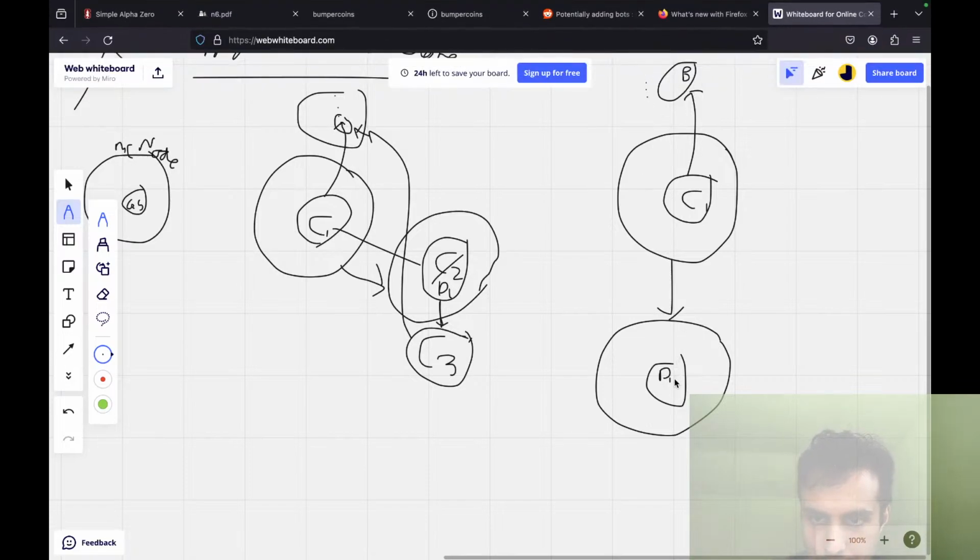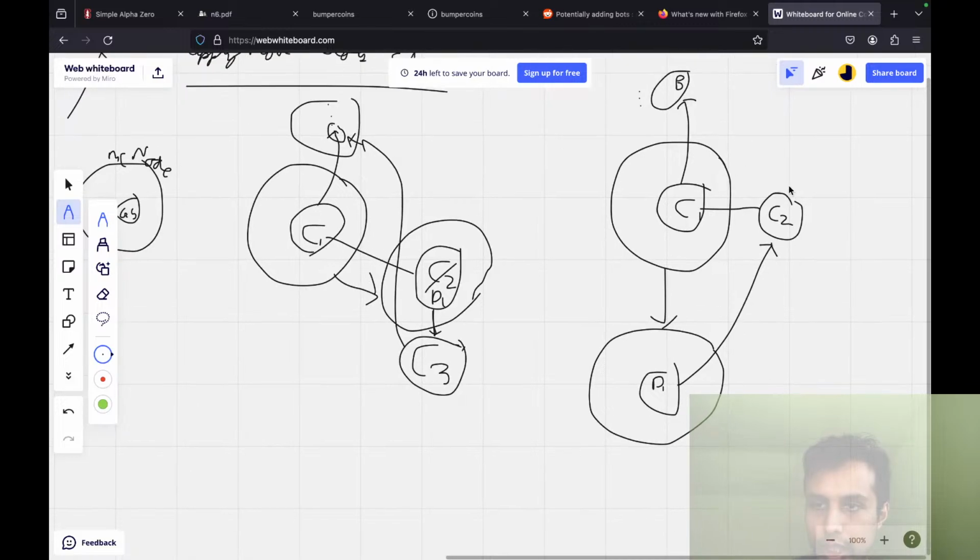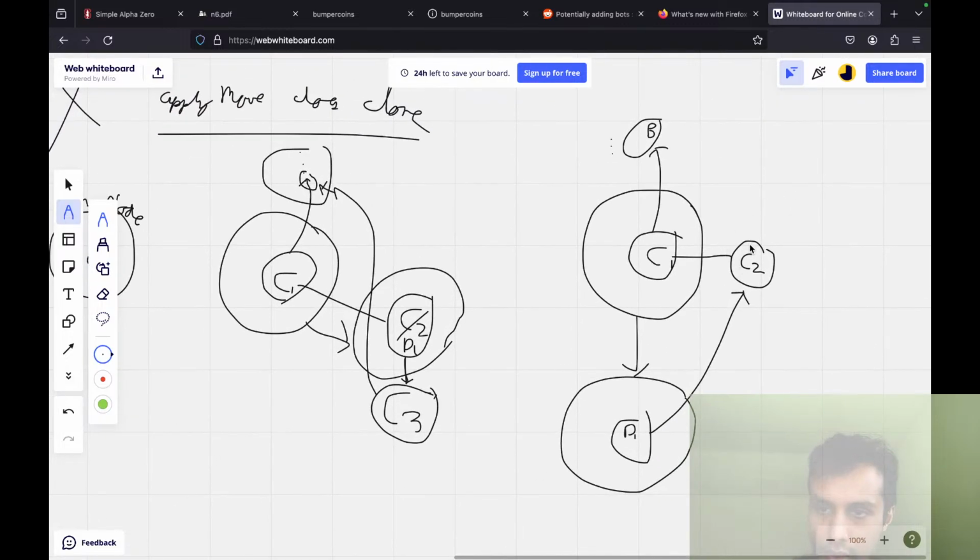Now D1's prev is not C1. D1's prev is actually C2, a copy. These are like siblings which are the exact same, a waste of space, and that one's prev is that.